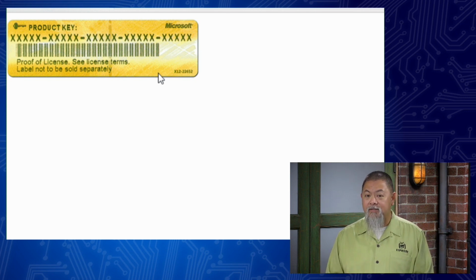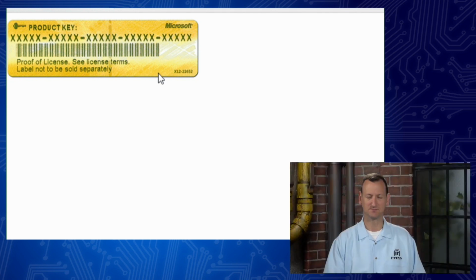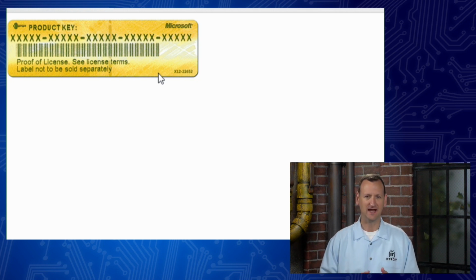So this idea of a product key or a serial number is what helps them keep track of how many copies of this are out there. Yeah, and that license management is important because, for example, we use on the show a program called Simple Diagrams, a little diagram software, and there's 5 of us that use it here, so I bought a 5-user license. Well, they only sent me one code. It's one code, but back on their server somewhere, they have a tally that says this code can be used 5 times, and so each of us has used it. Ronnie used it, I used it,